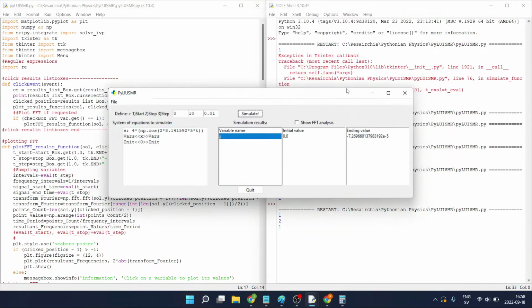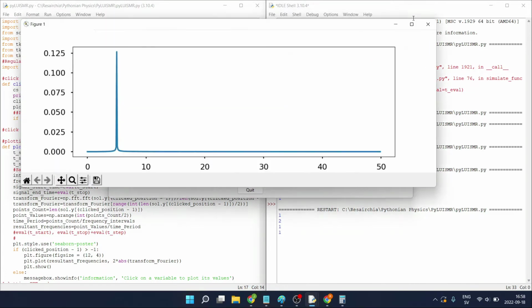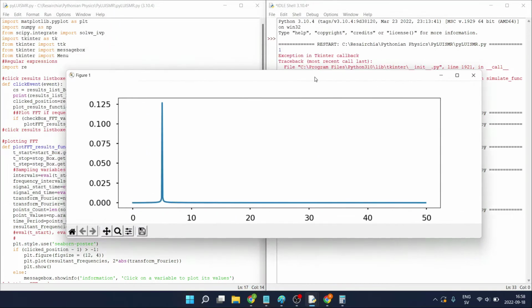The interesting thing is that now with the fast Fourier analysis, when we plot, we see our signal, we close the window, and then we see the fast Fourier analysis. Now here on the x-axis we have the frequencies, and on the y-axis we have the amplitudes. If we zoom over here,